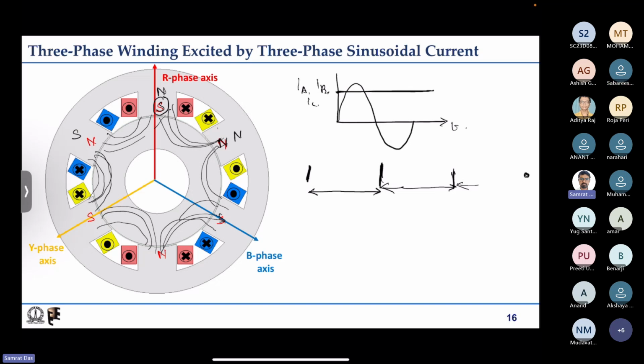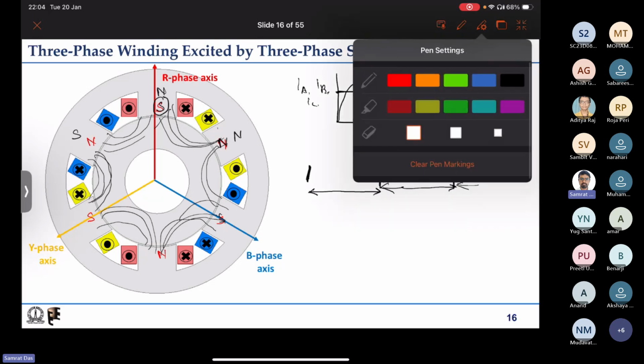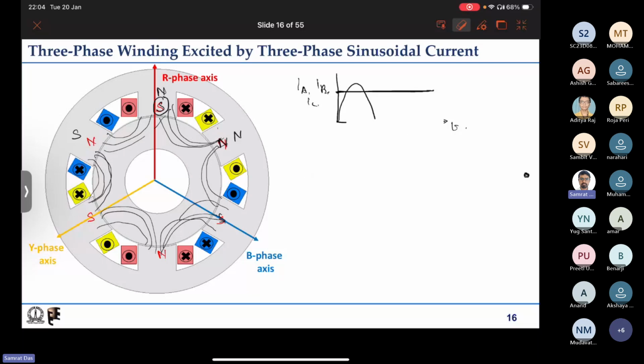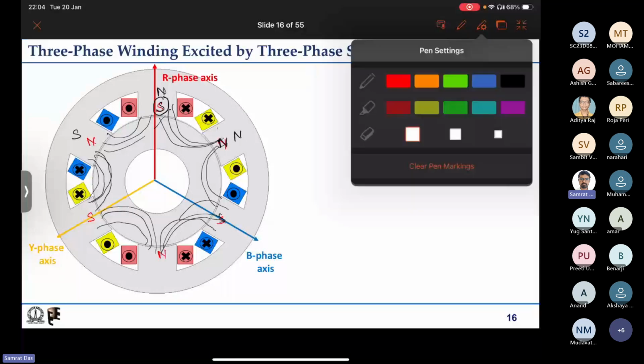So we saw that now. Only if we have three-phase shifted axes, and if we inject three-phase sinusoidal currents, then only we can have a rotating magnetic field. Actually, this thing can be seen also. Probably I'll discuss that right now rather than going to the next case. So why does it actually rotate? So what we are doing actually,